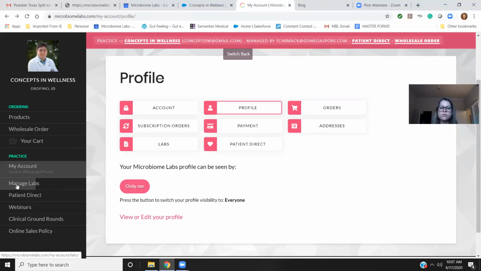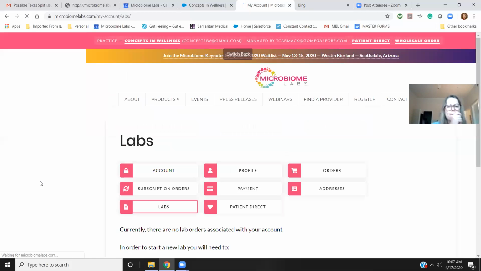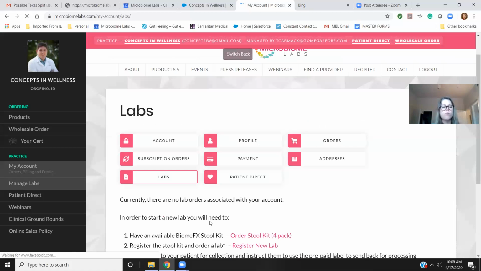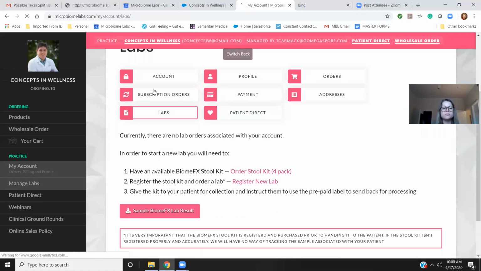Okay, and then down here, manage labs. That's for the BiomeFX stool kit. So once you've received your kits, when you're ready to register, that's at the point you actually pay for the kit. This is the tab you would click on. You would enter the barcode information for that particular kit, and you would track it through the process here, and then it will actually send you the